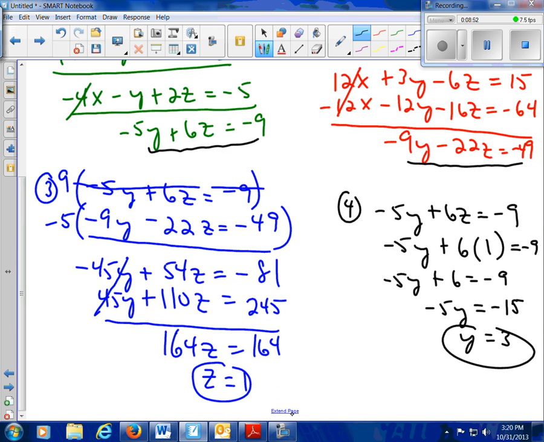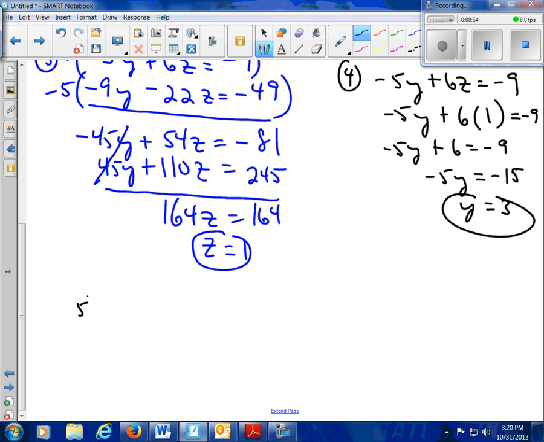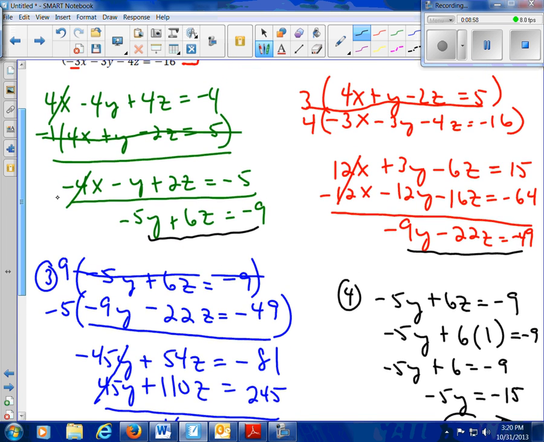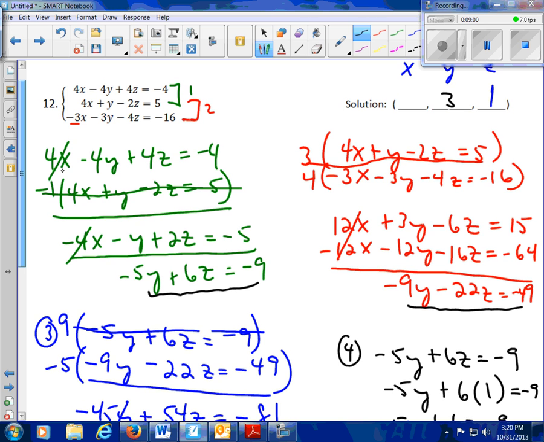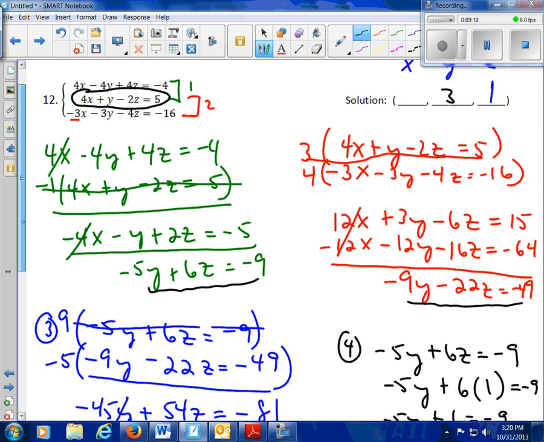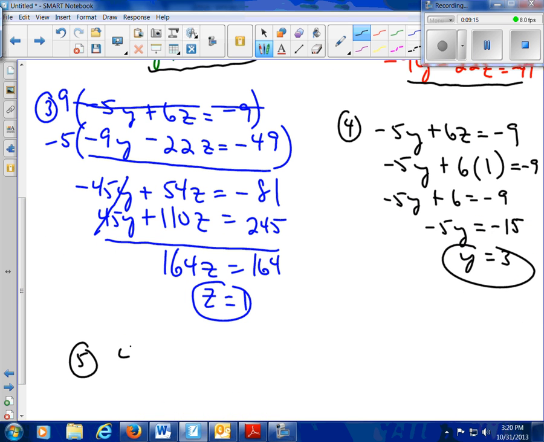And the fifth and final step is now solving for x. And the only equations that I have that have x in it are my original equations. So let me go ahead and pick one of those. I think I'm going to pick the middle one, the 4x plus y, because it doesn't look as complicated, and the numbers look smaller than the others. So I'm going to do 4x plus y